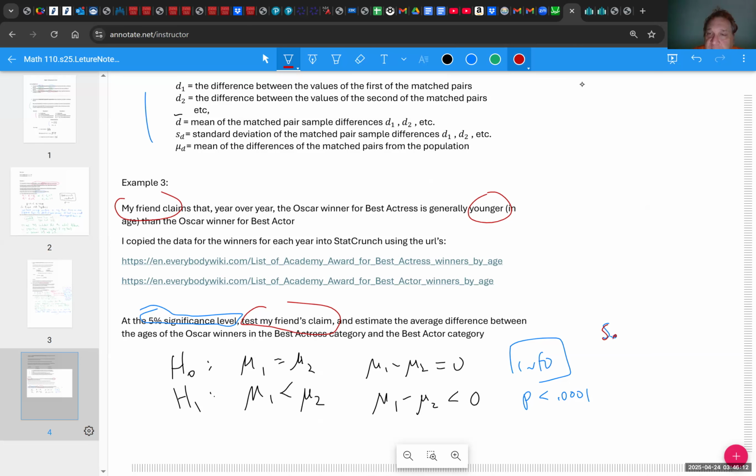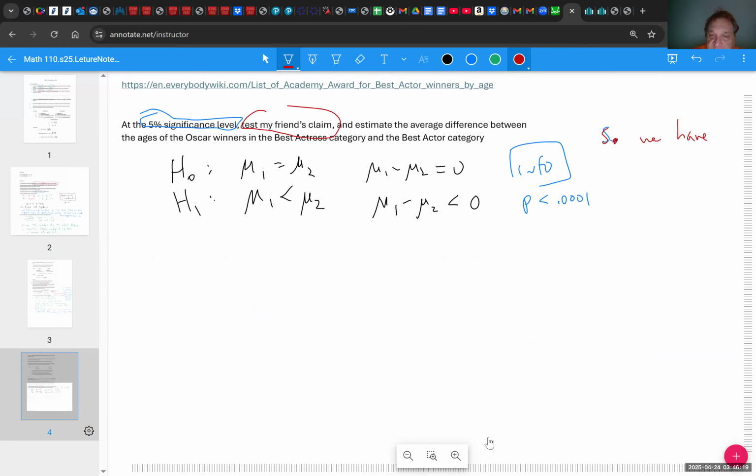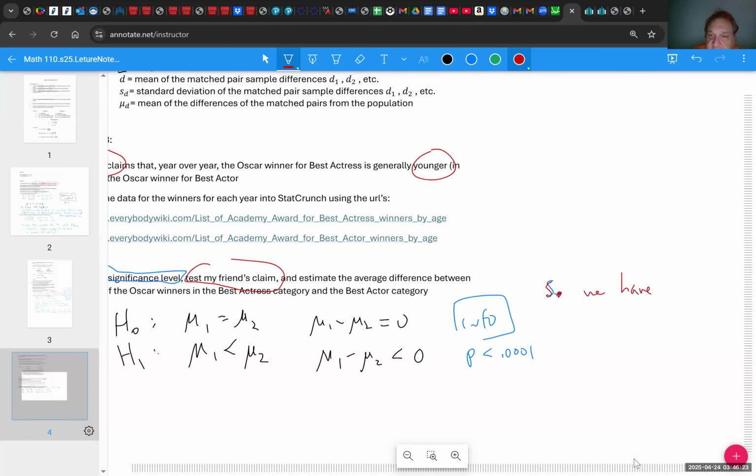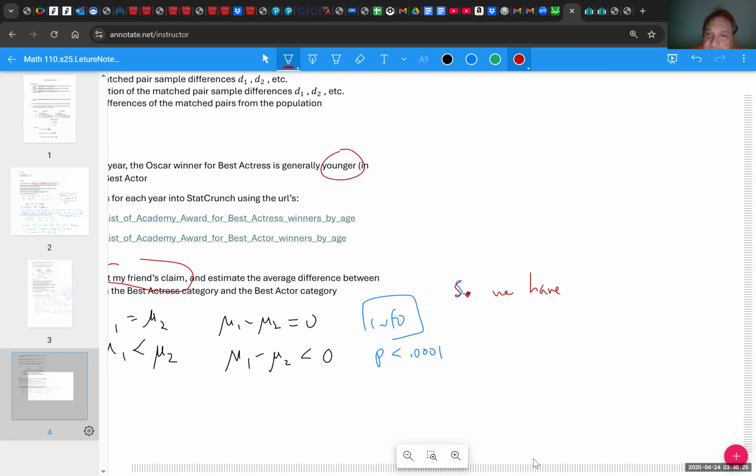So we have enough evidence to reject the claim